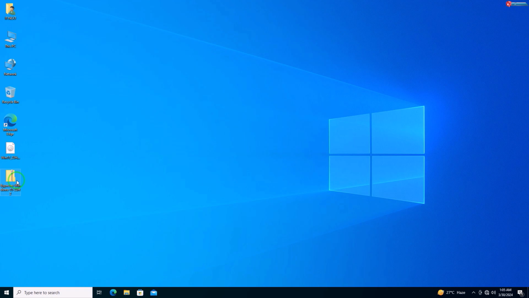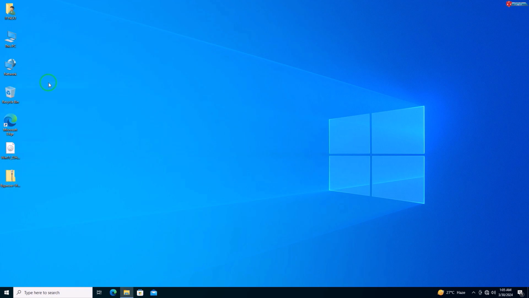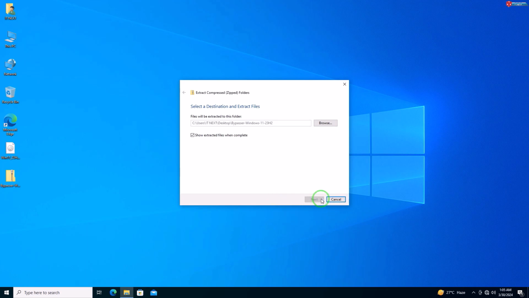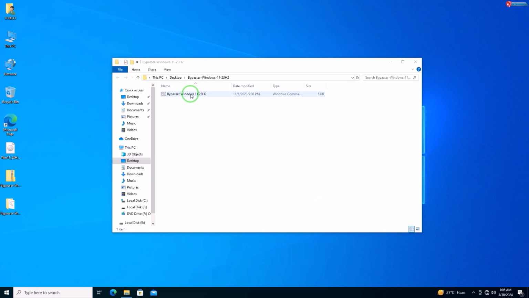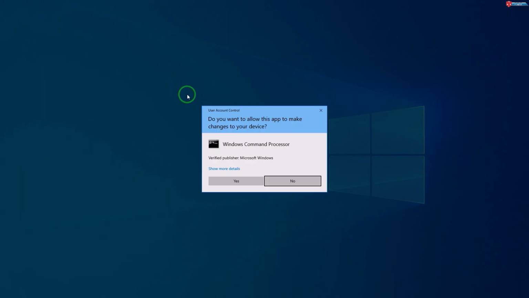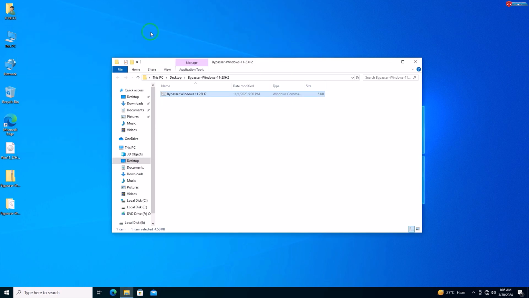Now go on and extract this Windows 11 23H2 bypasser file. Double-click to open. Click on Yes to continue. Here you will see the command start running to skip the TPM check. When it's done,